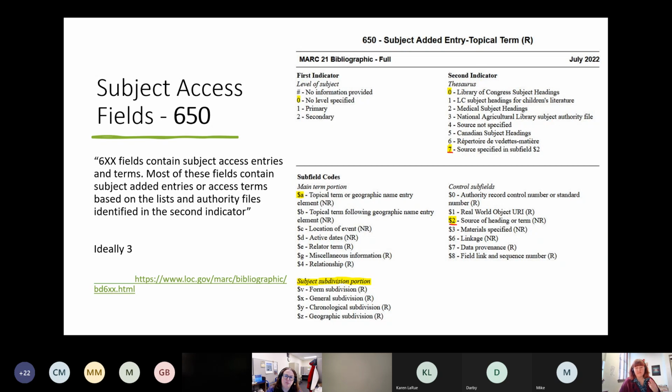Ideally, on a good record, you're going to have 3 of these. That way you can cover different topics, different elements of the subjects presented within the book. So a 650 isn't going to speak to what the content is. It's going to talk about what the content is about. I like to use the example of an autobiography. If it's someone talking about themselves, the author could appear also in the 600 as a personal name subject,